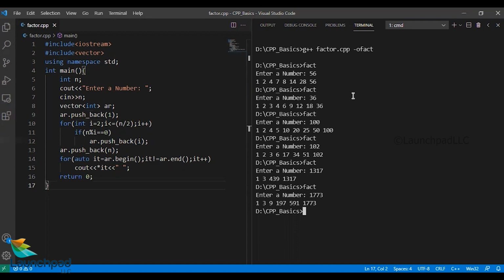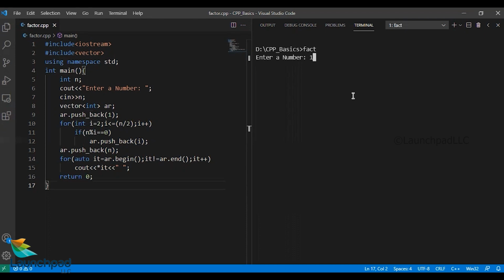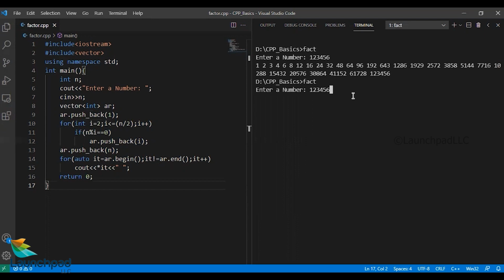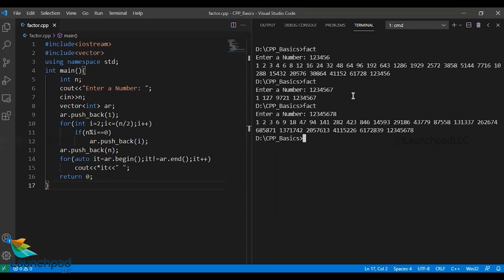Still, I wanted to test the complexity of this program. So I'm trying to increase the numbers I provide as input, increasing its length. When I run this file, this time I'm going to give a number input which has a minimum of 6 digits. Still, it gives the answer in a very quick time. The program is still efficient. Let us have 1 extra digit, 7 digits. Still, the program is efficient. Let us have 8 digits. The program is still efficient. Let us have a bigger 8-digit number.